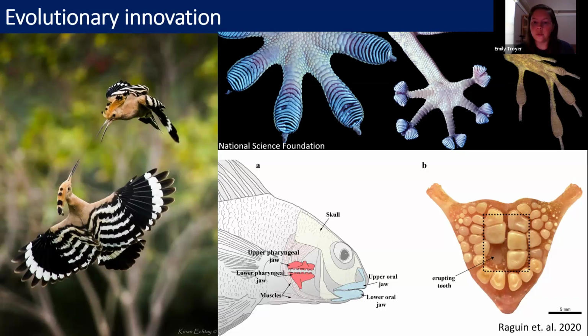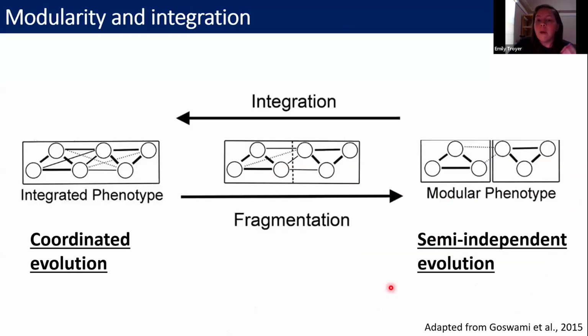However, the process in which these innovations arise and their downstream effects on patterns of morphological evolution remain unclear. Modularity and integration have both been proposed as factors facilitating the evolution of innovation. Traits that are highly modular will evolve semi-autonomously, allowing organisms to evolve independent adaptations. Alternatively, more integrated traits are evolving together in a coordinated way, and strong trait integration has been associated with really